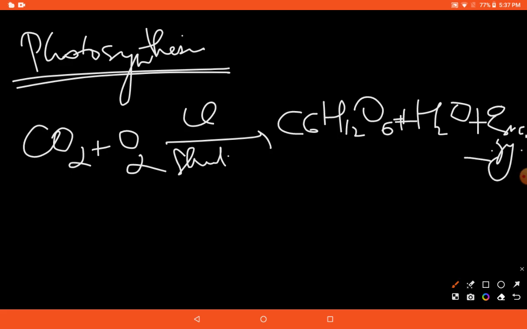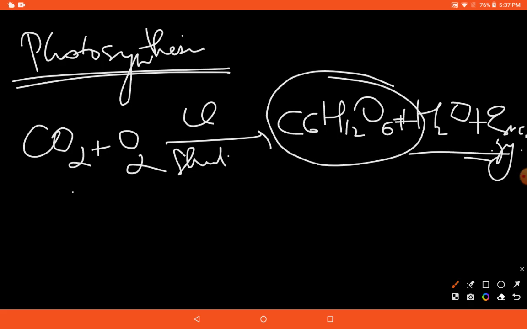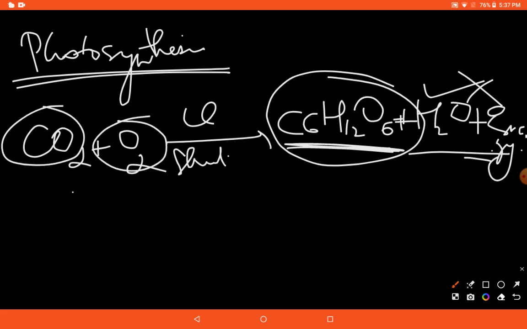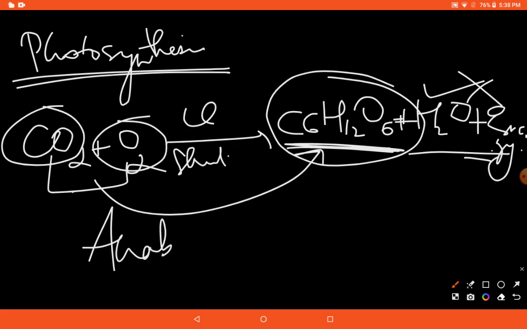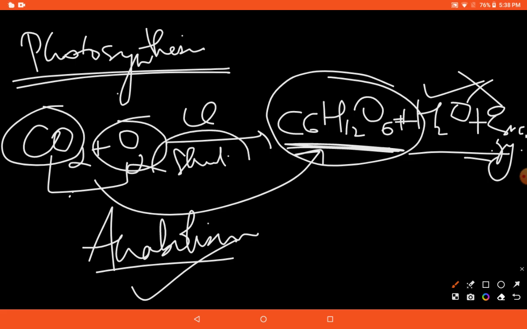Alright, now look over here. When you see this, this is a large molecule, right? This is a large product and these are smaller reactants which are joining to form this large product. So we say it is nothing but anabolism. So always remember, photosynthesis is an example of anabolism. Got it? It will require energy, right? What energy is it requiring? It is requiring light energy. Light energy is being required to form a large compound.